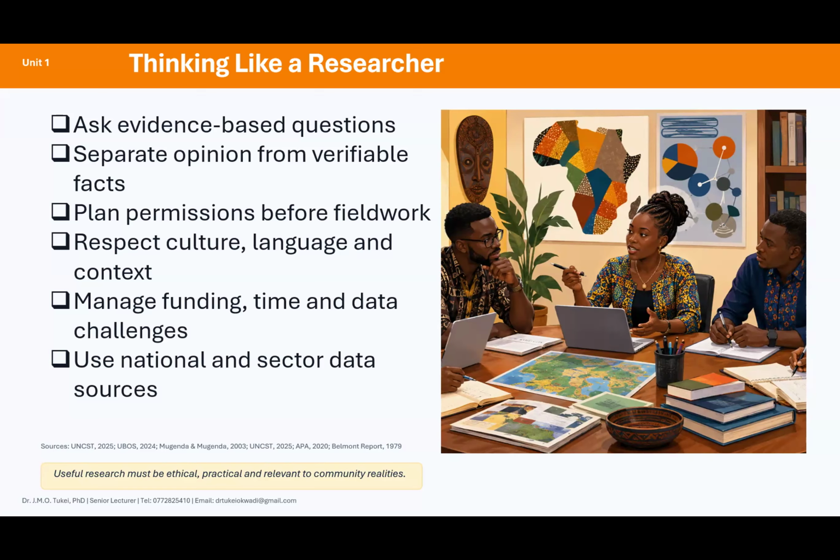So we're asked, how can a researcher remain objective while working within an institution where they are already an employee? That was the first question I was asked when I was in Mbarara University of Science and Technology, where I was presenting a PhD thesis, and they asked me, are you a policeman, yes or no? And in a PhD, there are no questions and answers that are given as yes or no.